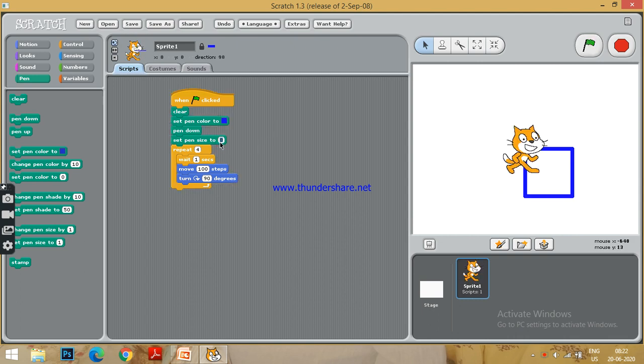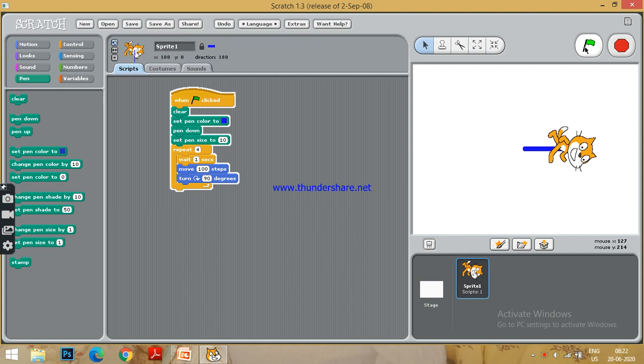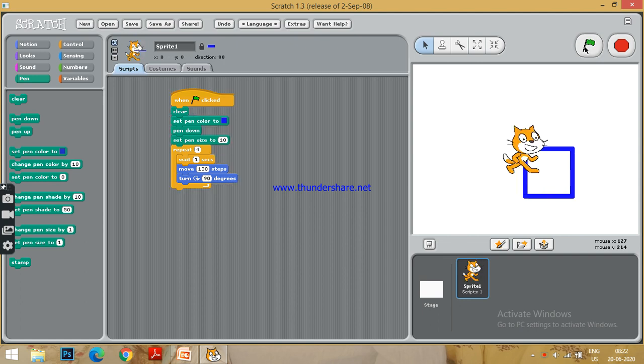Gradually, if I increase this size by 10, again you will be getting more thickness, isn't it? So we are getting more thickness. That means the square which you have generated is becoming thicker and thicker.